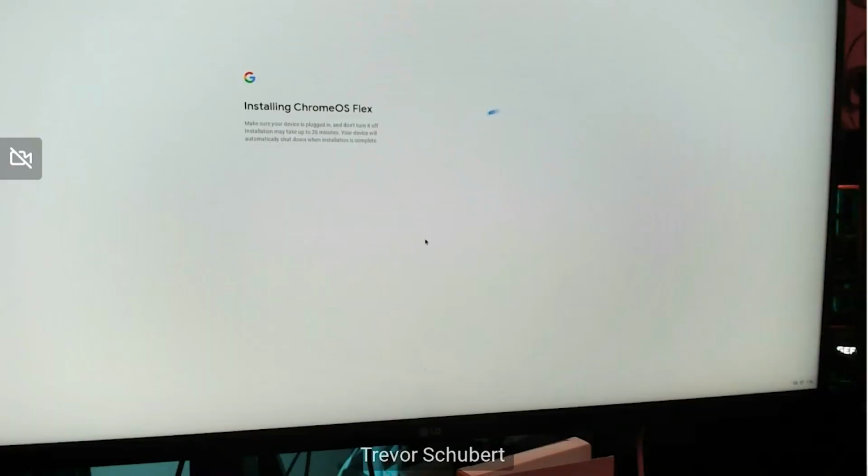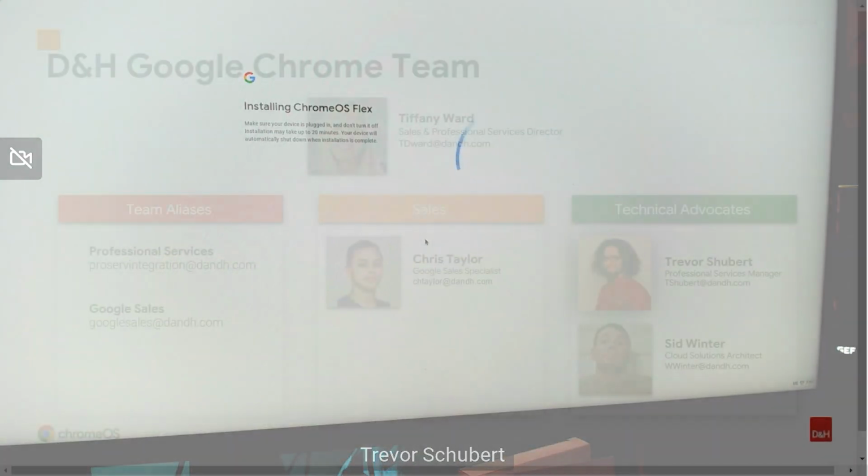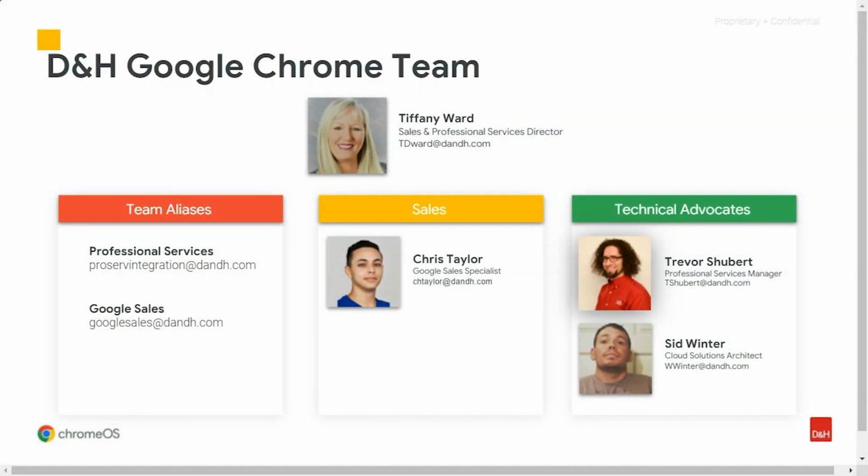Absolutely. So as the slide denotes here, we've got several folks as part of this. Chris did a fantastic job of moderating. Thank you very much, Chris. Sid Winter, our cloud solutions architect for all things Google, is in the background here. Sid and I work in tandem for all the zero-touch deployments that come across the way here, and for any kind of onboarding calls. And then we all report back to Tiffany Ward, who's back from an extended little trip